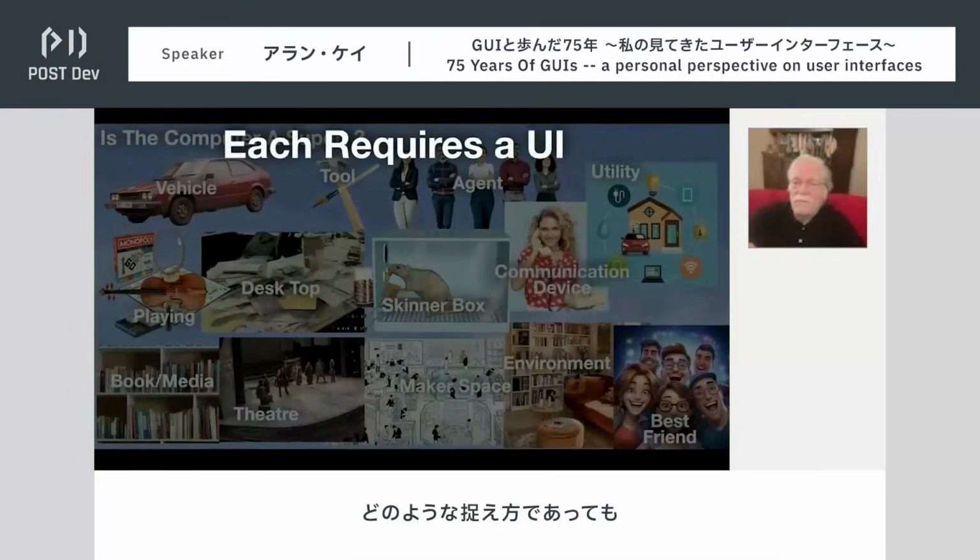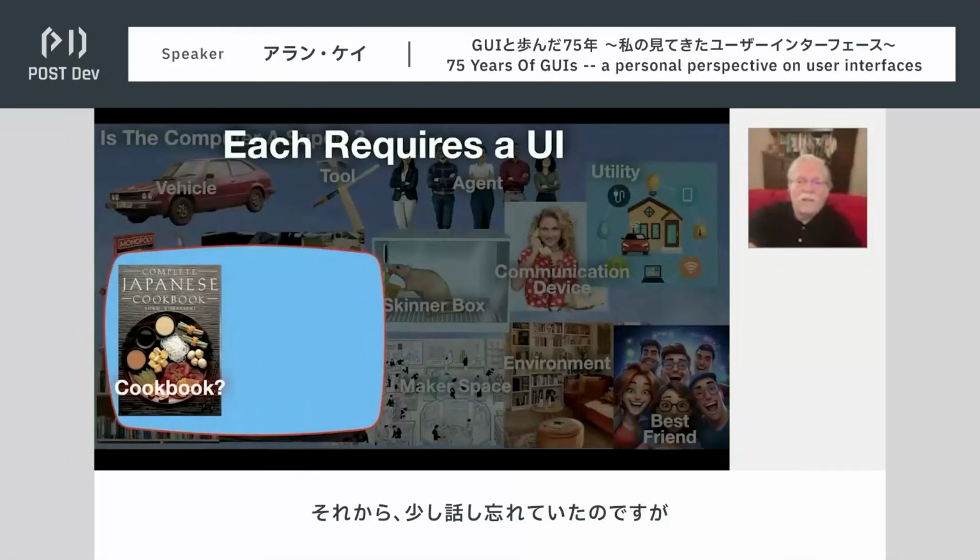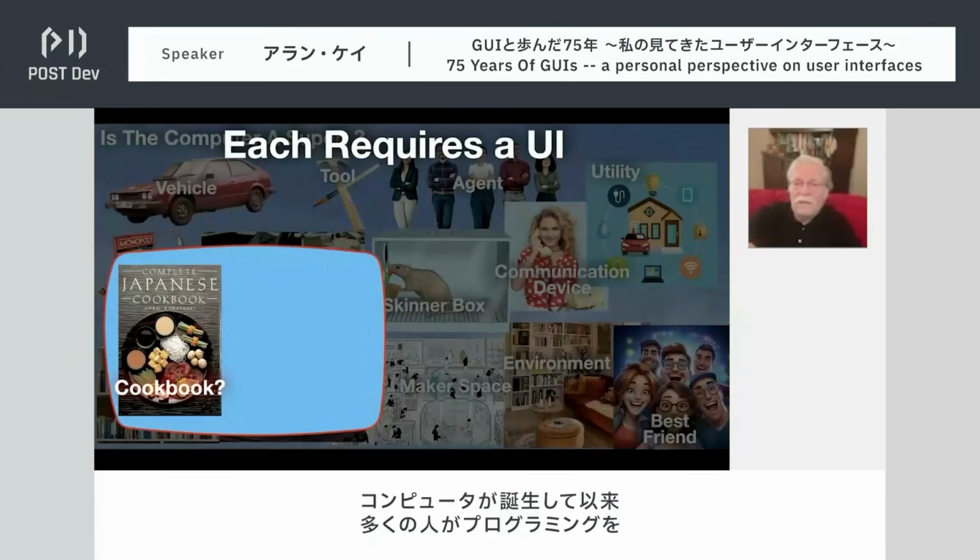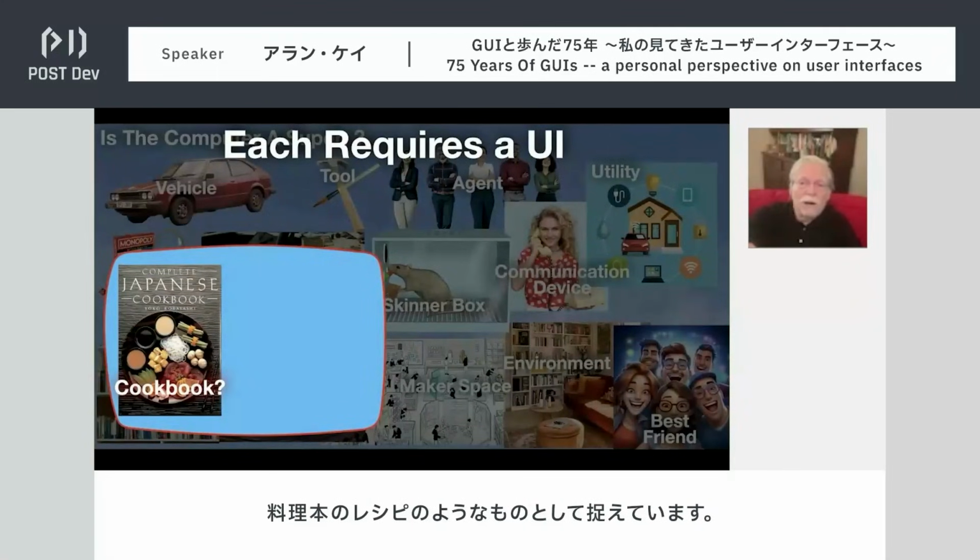Each requires something between us and the hardware of the computer, which I'll call a user interface. And I've forgotten a couple of things here. One is, how do we program it? For most of the existence of the computer, including today, people think of programs as being like recipes in a cookbook.